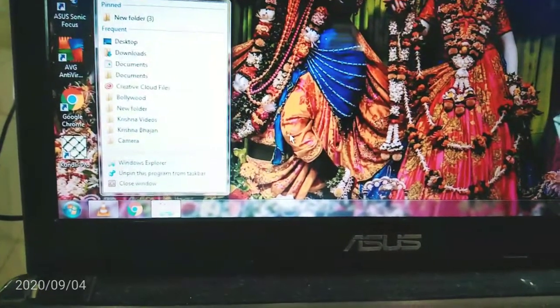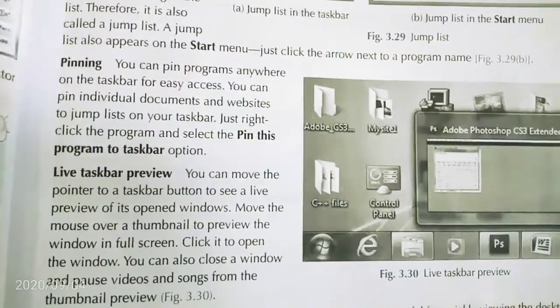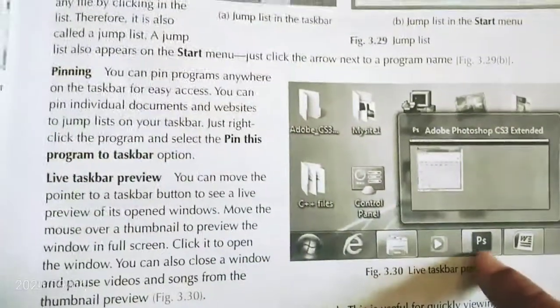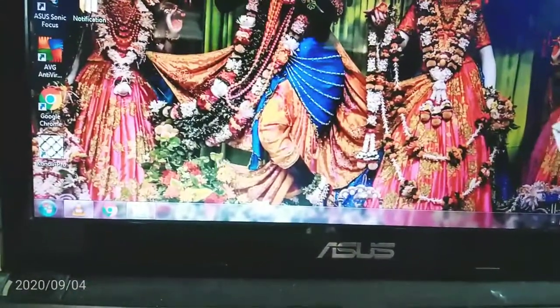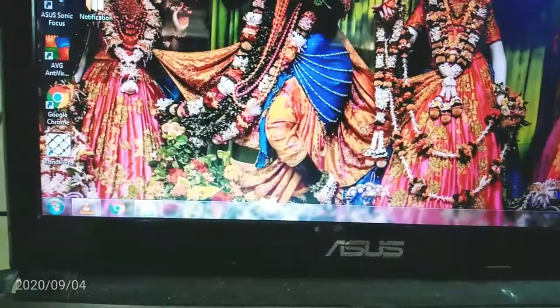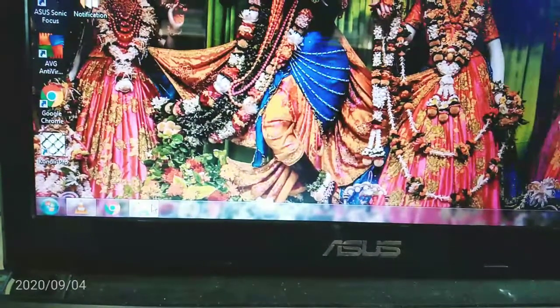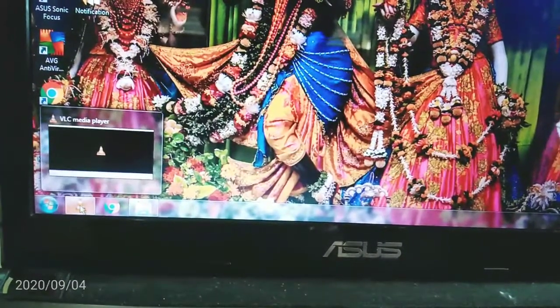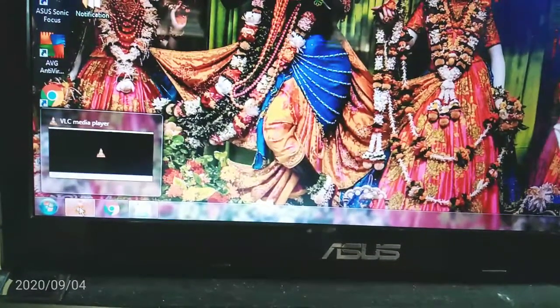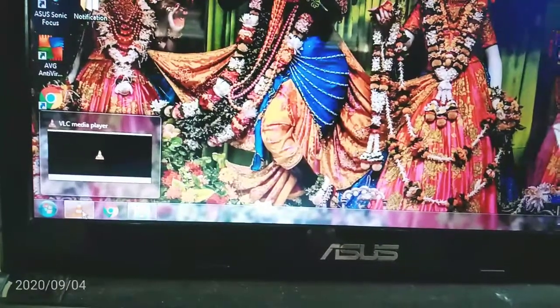Now what is pinning? Sorry, it is not pinning, it is Live Taskbar Preview. Whatever program is open on the taskbar, it will show in a small window of this program when you move the cursor pointer here.